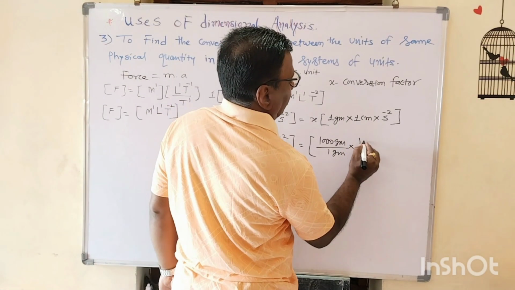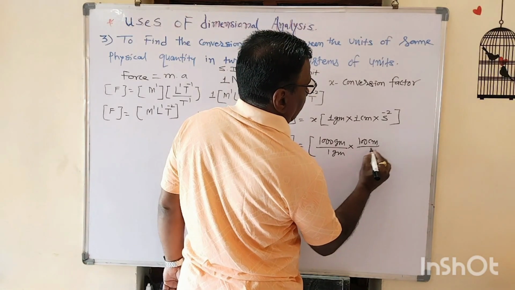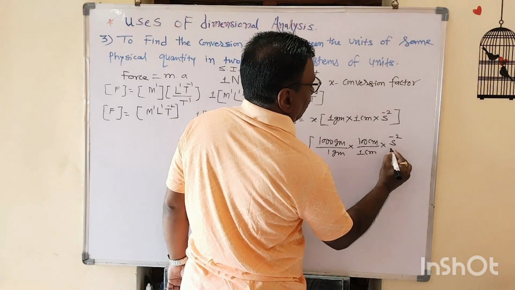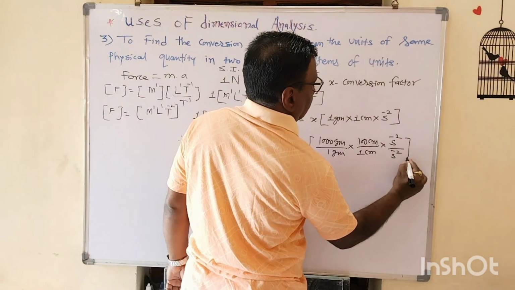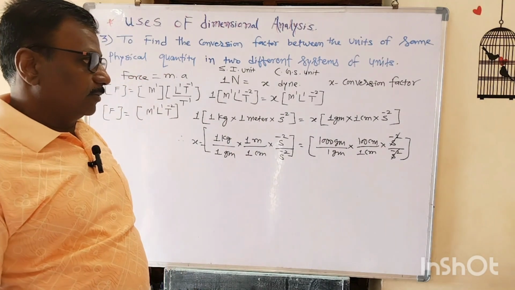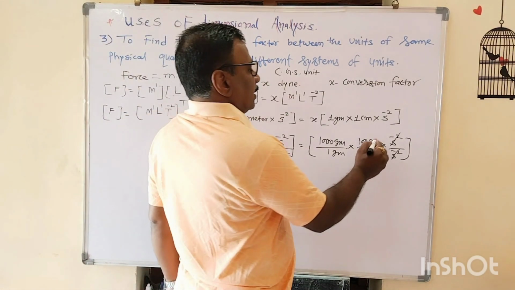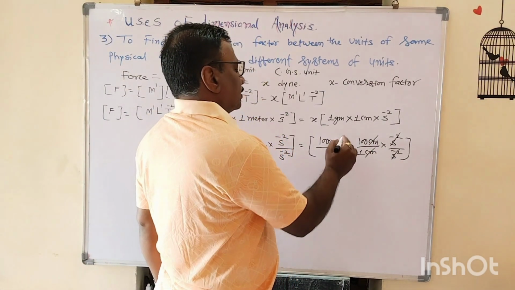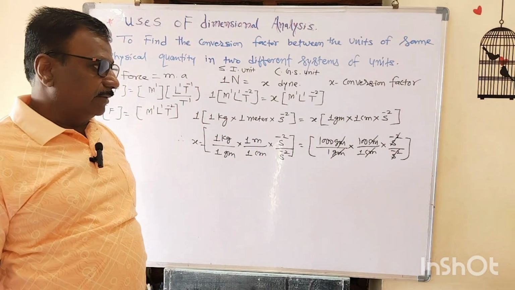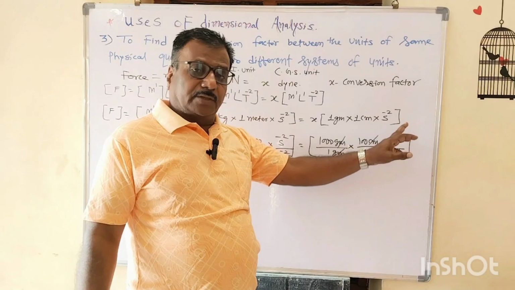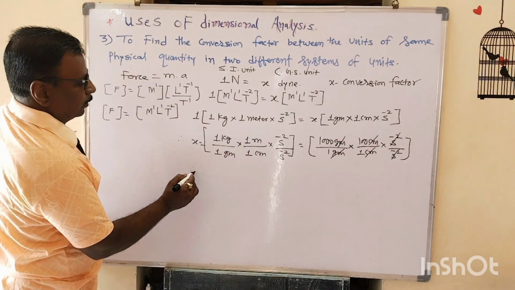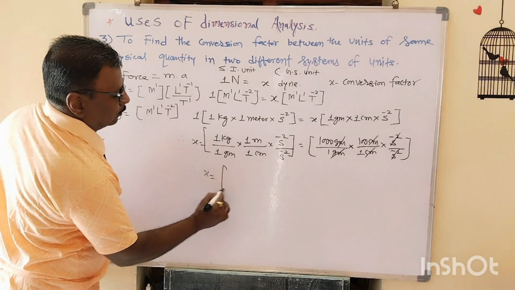So we write here 100 centimeter divided by 1 centimeter. Here second raised to power minus 2 as it is second raised to power minus 2, so this is getting cancelled. Centimeter gets cancelled, gram gets cancelled. So we get, therefore, x equal to